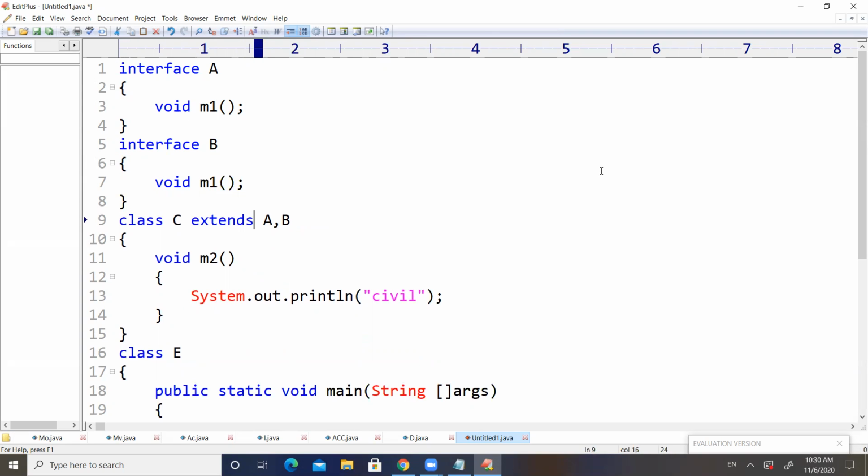Now if we want to use the interfaces inside the classes, we need to use the implements keyword. Now if class C is implementing A and B, which means this class C has to provide bodies